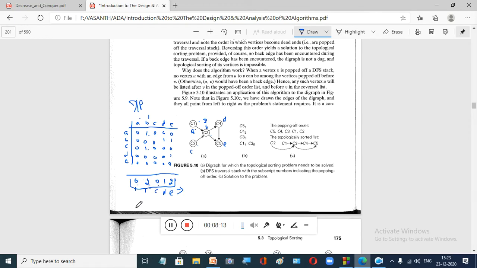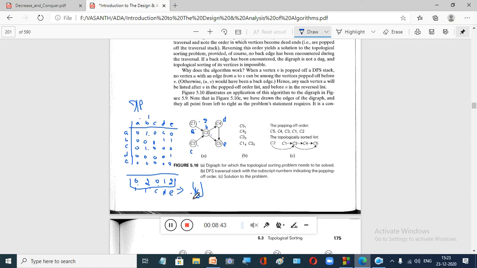You have to remove these. So to remove them, we create one stack. Now you know the operations of stack. In this stack we will put the nodes whose in degrees are 0, right? Here, the first time we got vertex A with in degree 0, so we push it into our stack. Then C also has in degree 0, so we push C into our stack. So now only two are there.